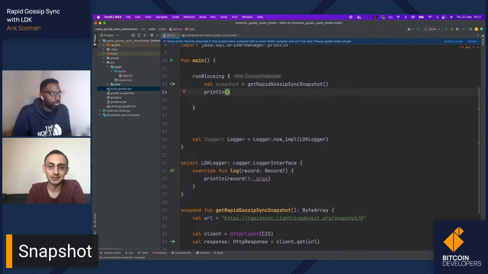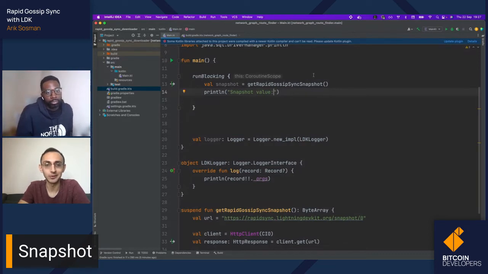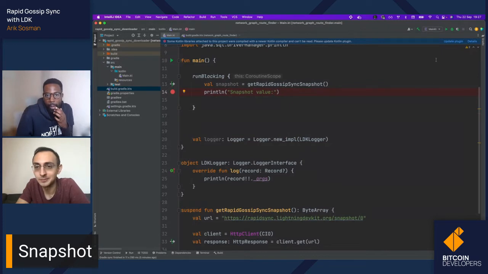So let's just print test or something and set a breakpoint on line 14 because I wanna inspect the snapshot value that we're getting before we proceed further. Okay, so yeah, this is fine. We can even have an empty string there, whatever. Do we want to print the snapshot? Oh God, no! It will mess up your console. Okay. I think a breakpoint in line 14 would be better. Right, and let's debug this one.